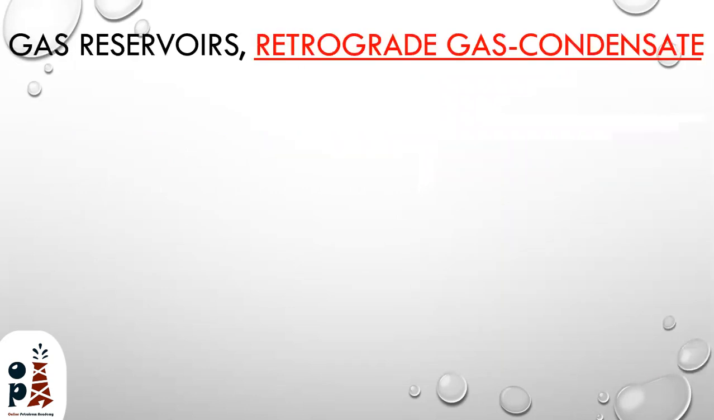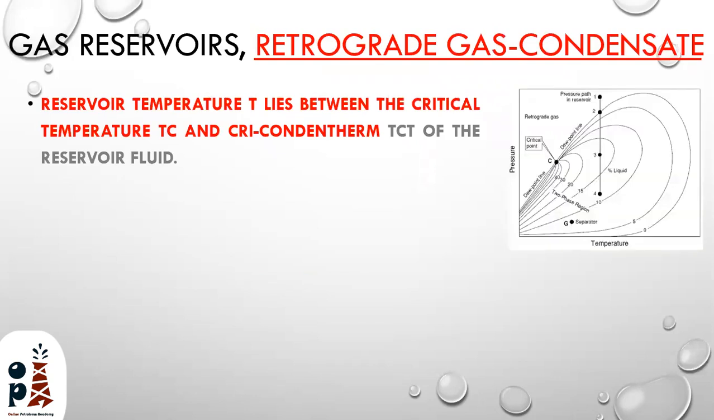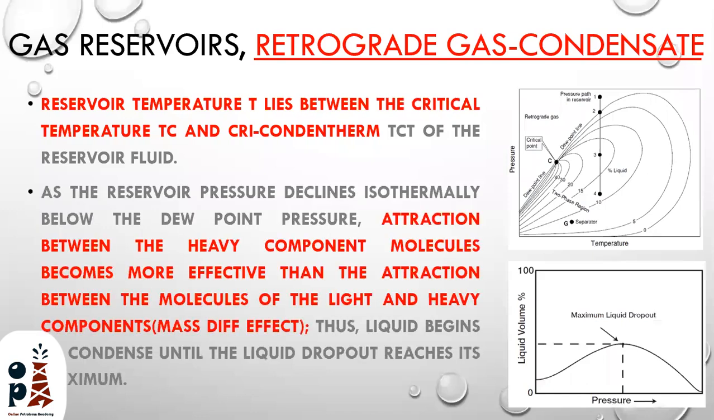For gas condensate reservoirs, the temperature is located between the critical point and the cricondentherm. The cricondentherm is the point at which the last oil droplet will turn into the gaseous state. So the retrograde gas condensate